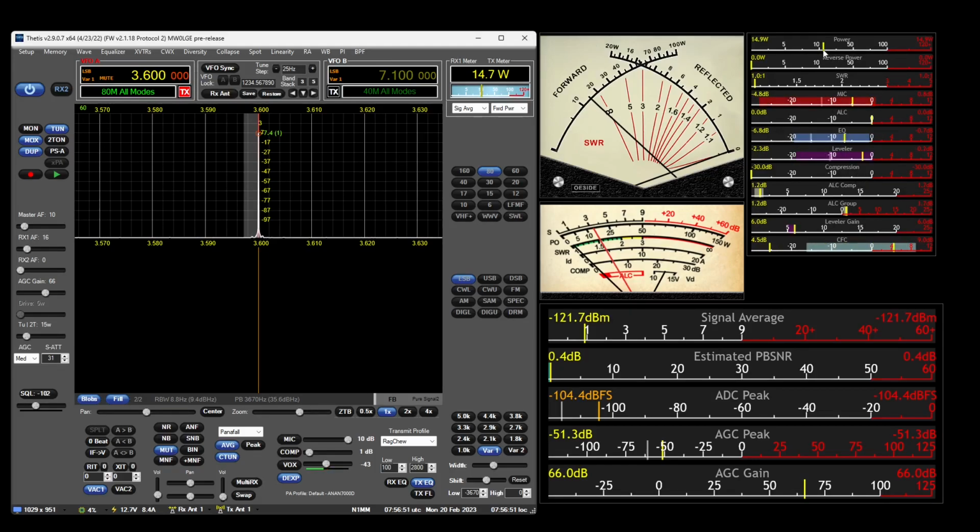So yeah, 15 watts here, 14.9 on the peak. Peaks are on the right, peak values. Current values on the left. On these horizontal bars, if we put into MOX,